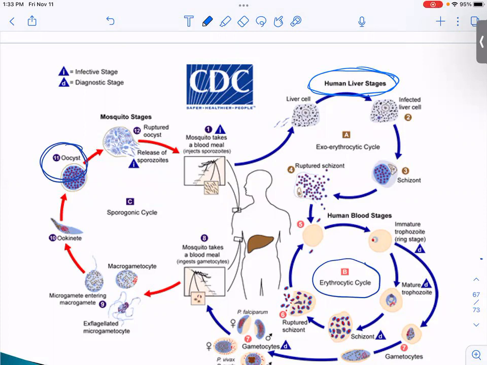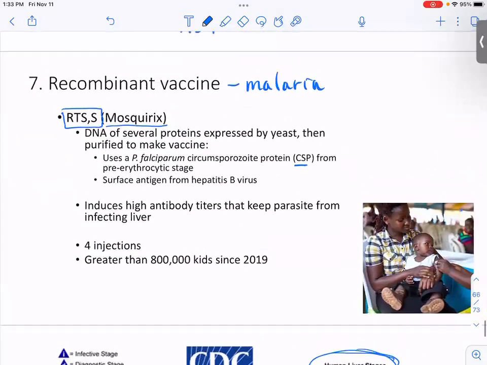Malaria has different stages, really complicated. They name all these stages something different, but the stage that infects the liver is called the circumsporozoite stage. So they've taken a protein from that stage on the outside of Plasmodium, and they've also taken surface antigens from hepatitis B virus. Why have they brought hepatitis B virus in? Well, we actually have a conjugate vaccine to hepatitis B virus. So they've taken the technology that they use there,